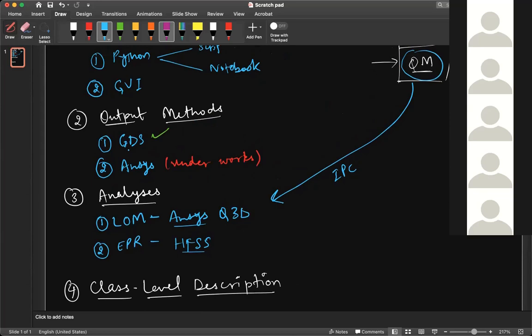The GDS is also something like that. It's termed as graphic design system. When you have fabricated your chip, after the ANSYS it's being rendered. If you want to really fabricate it on a real device, you give the GDS file. It's the same as the STL file which we use for 3D printing. Okay, got it. Thanks.